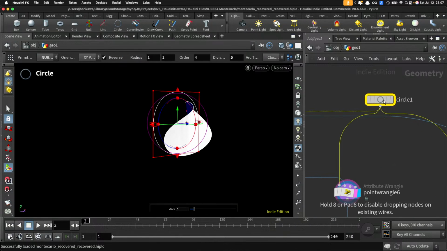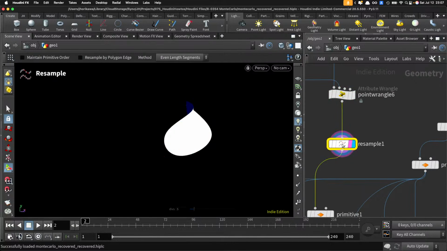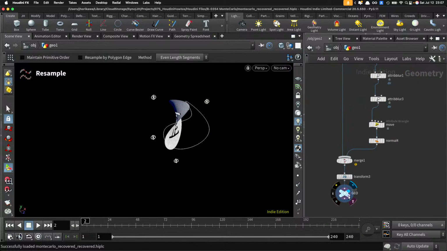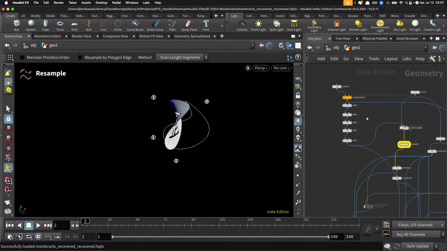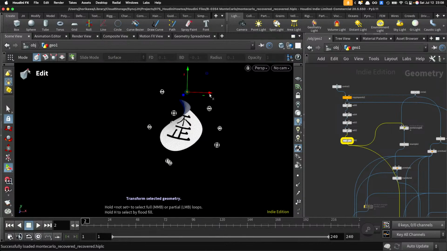In this case, I'm using a NURBS type of circle, then converting it into a mesh by using a resample. I have only 5 control points for the circle, and by moving each control point, changing the outline of the circle, I could